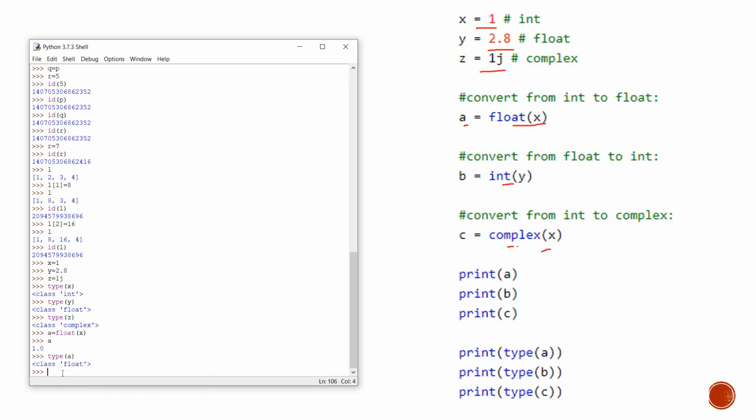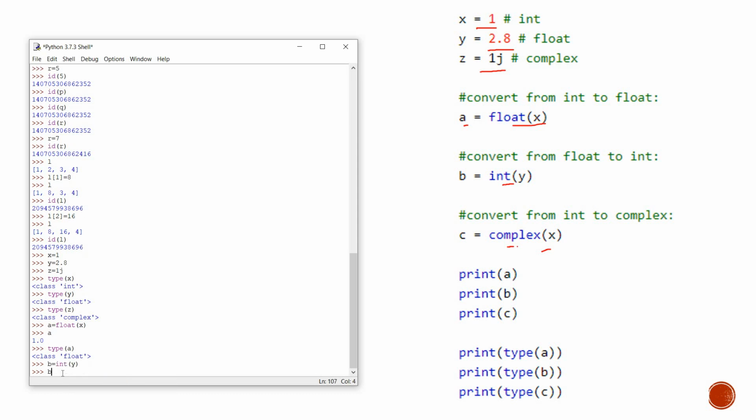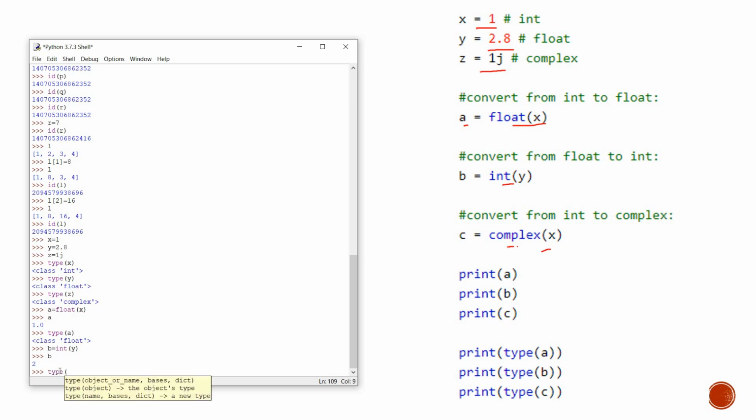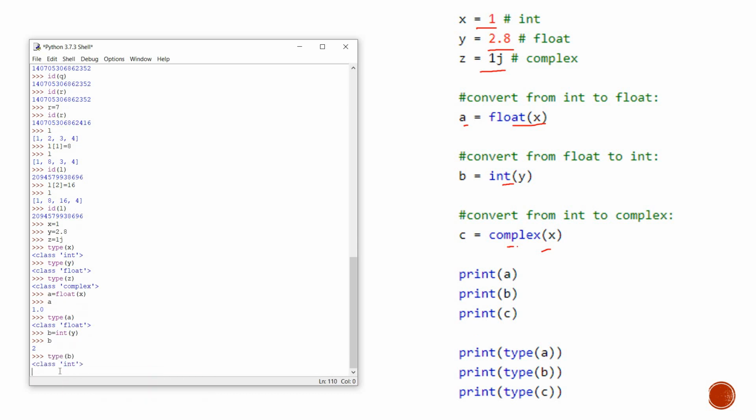Similarly, I want to convert the float value into an integer, so I am using y. Okay, b is equal to int y. The value of b is 2, whereas the value of y is 2.8. If I want to check what kind of variable it is, I can check from here. Type of b is integer class.